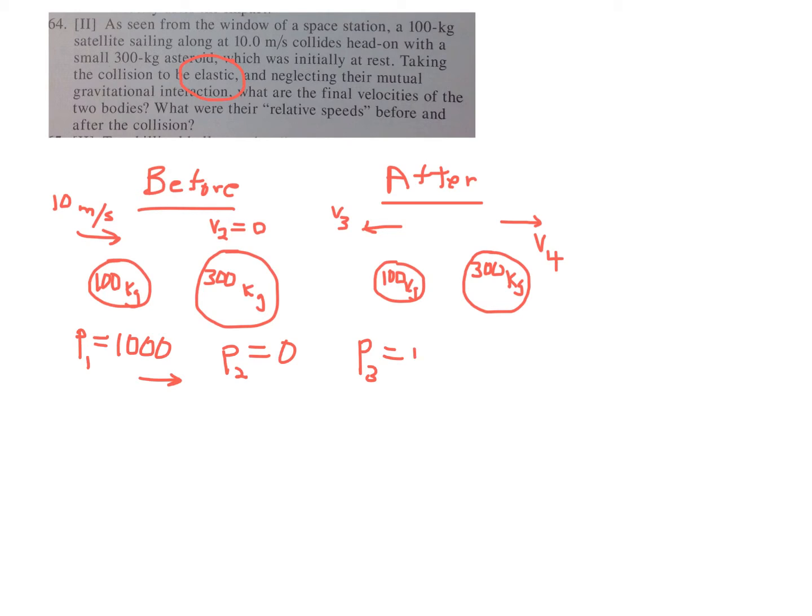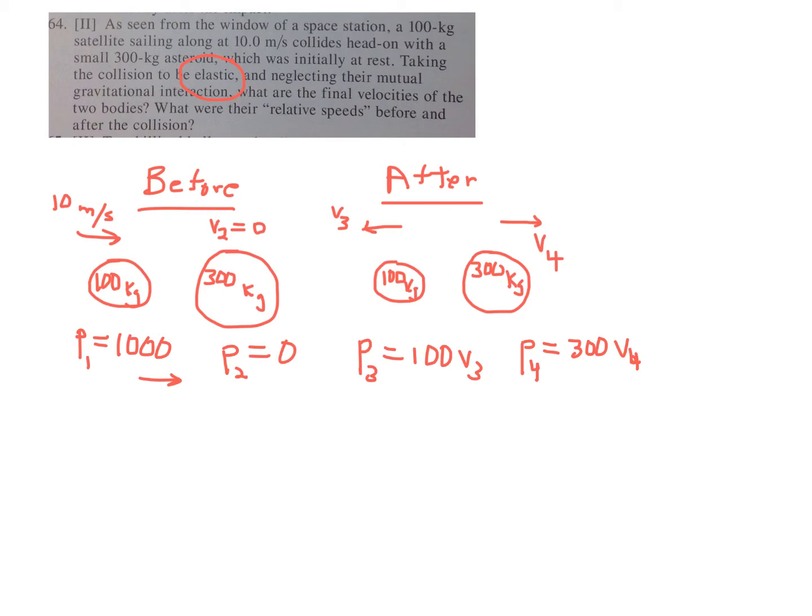It will be m, the mass, times the velocity, and we call that v sub 3. And then p sub 4, I do know it's to the right, is 300 v sub 4. Alright, so we do know that p sub 1 plus p sub 2 equals p sub 3